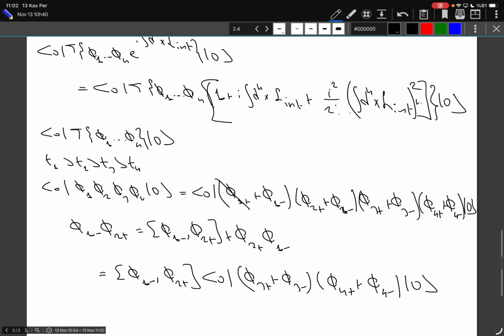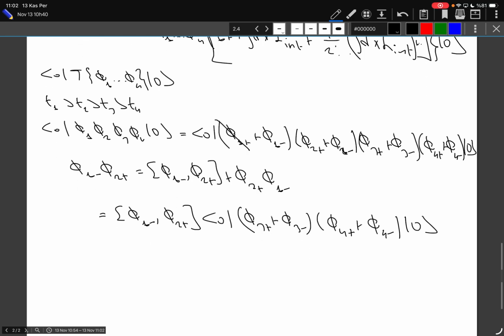But this is no longer an equal time commutation. Remember, at equal times, only the field and the conjugate momenta don't commute. But at different times, all the commutators of the same field will be non-zero. And then I have plus. So if I use this expansion, I will get this term